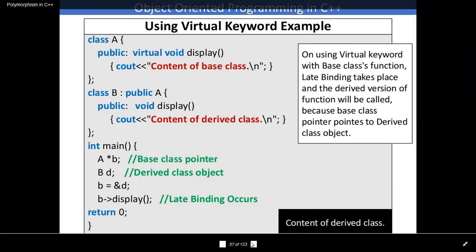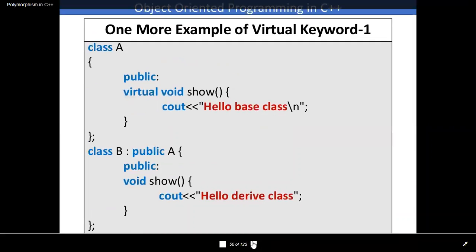Now we solved it using a virtual function, and after that we'll see some other more examples. But today